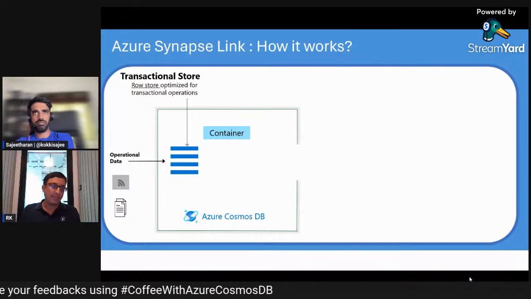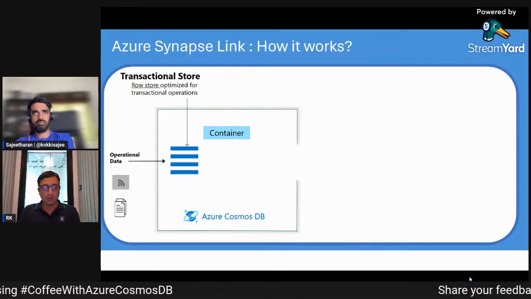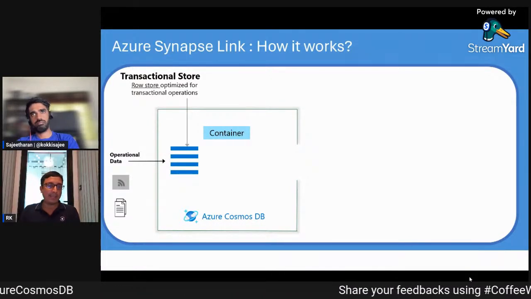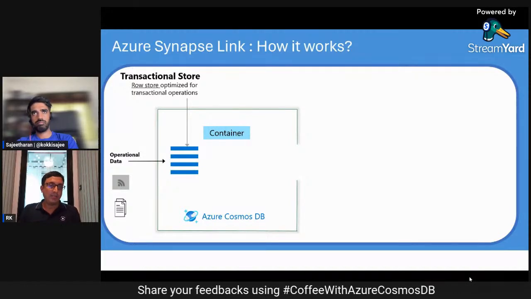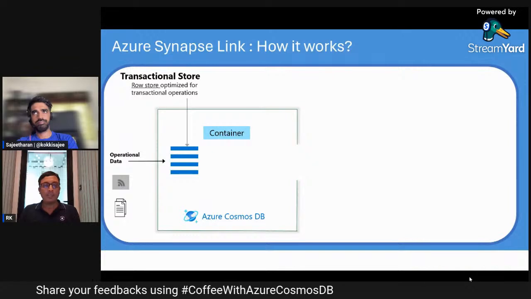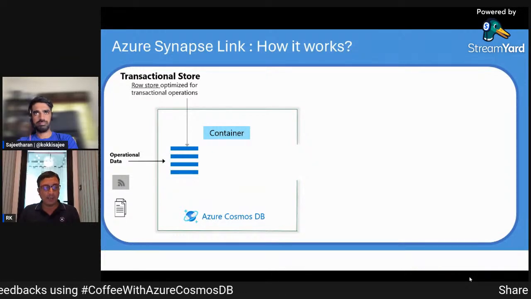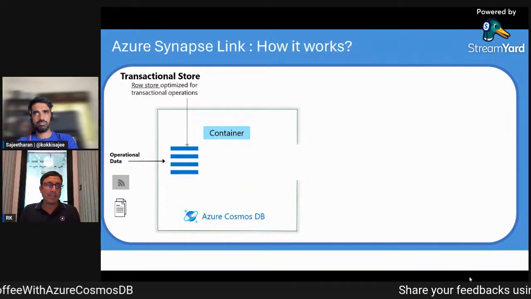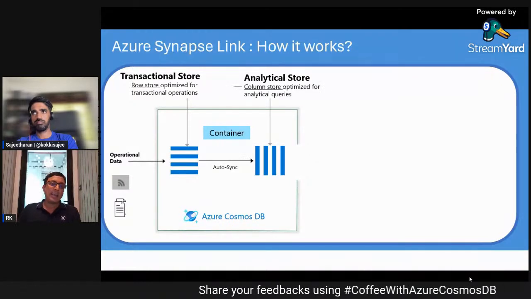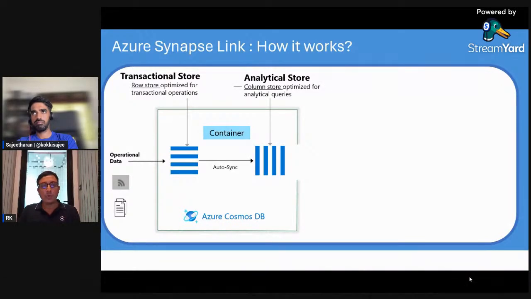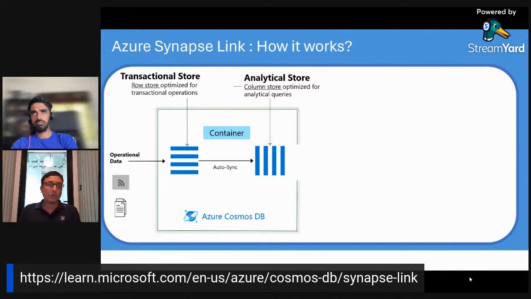As you can see, we have the transactional store wherein data from different applications is pushed. Here we use the row store format, which is optimized for transactional operations and for getting sub-second, millisecond latency. This data gets automatically synced to the analytical store. The data in the analytical store is stored in a columnar store, which is a good fit for all analytical